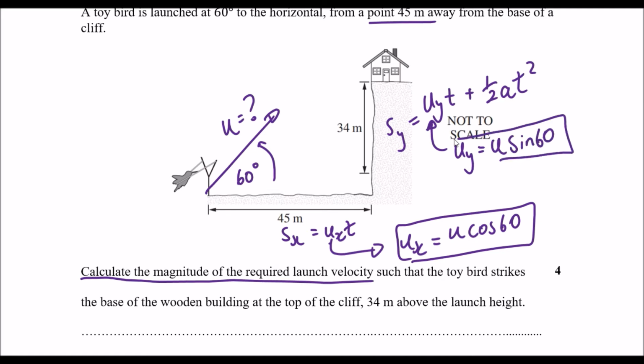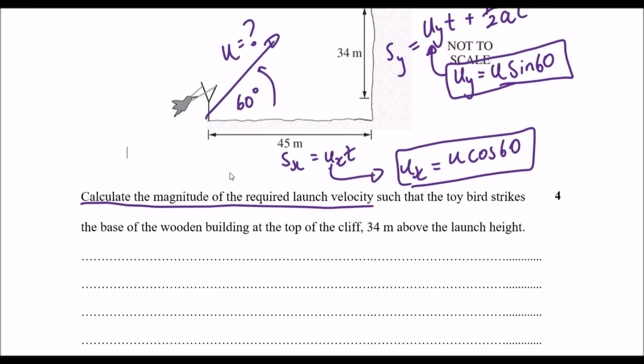So we're going to use these trigonometric expressions to substitute into our equation. So that's where we're going to start. We're going to start with the horizontal component first. Reason being is that it's the most simple formula of the two to start with,